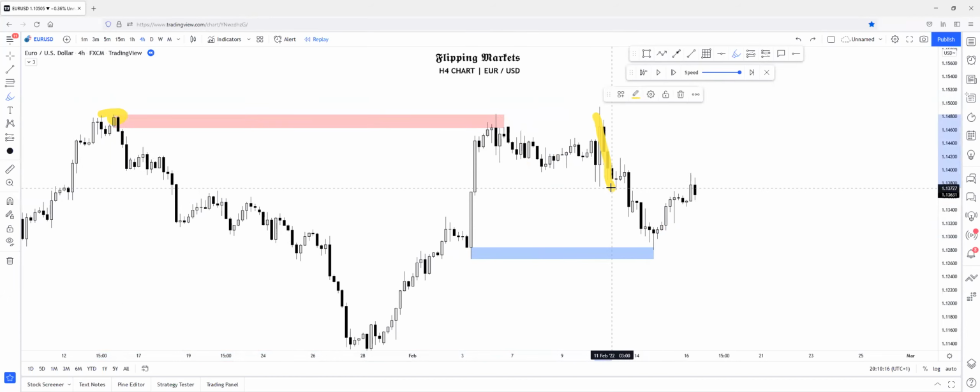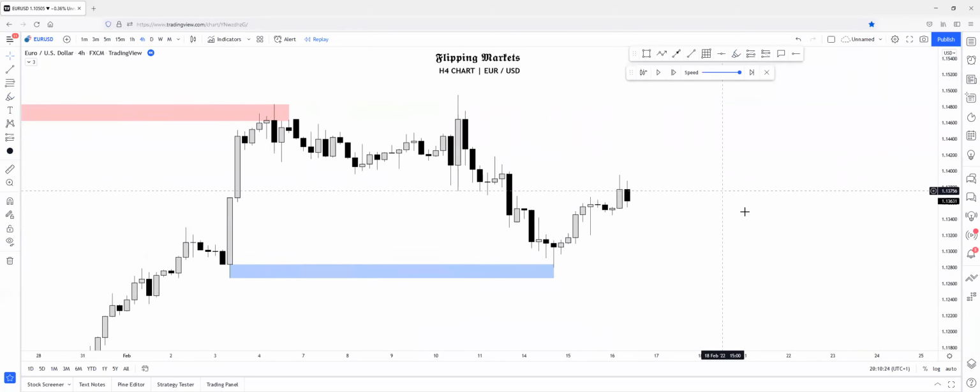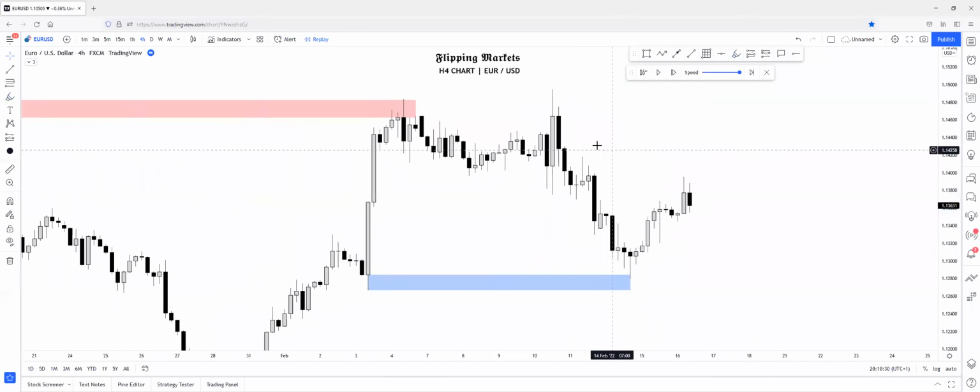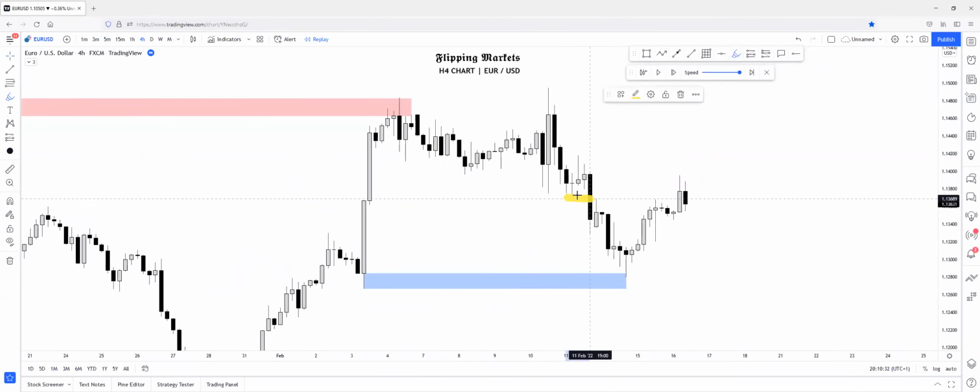And after this, price has started an extreme bearish order flow to the downside, respecting supply zones over and over again, and creating demand breaks over and over again. Okay, what else can we see if I'm zooming more? What can we see on the previous 4-hour structural leg? We can see that price has created a break of structure here to the downside at this region,